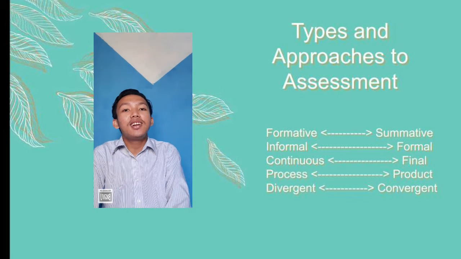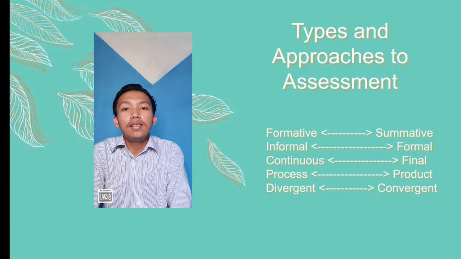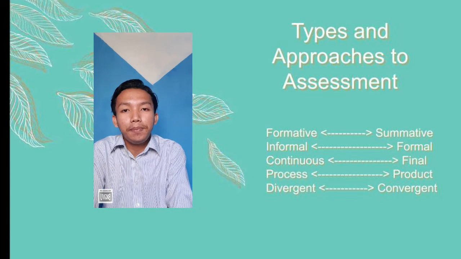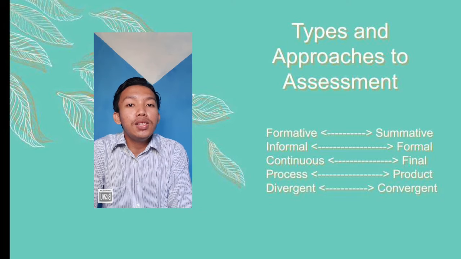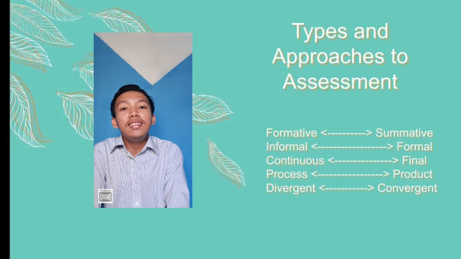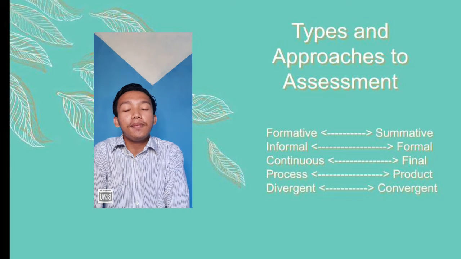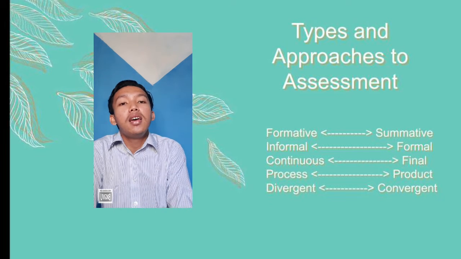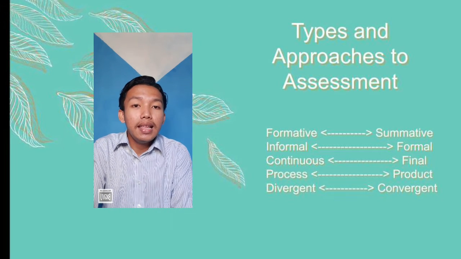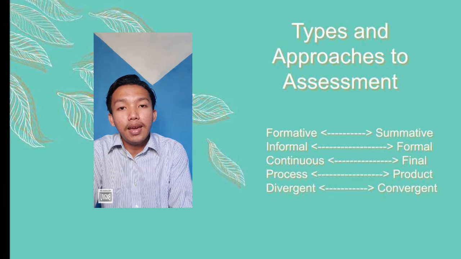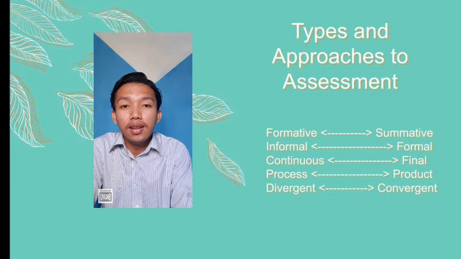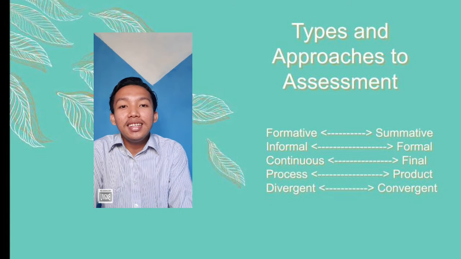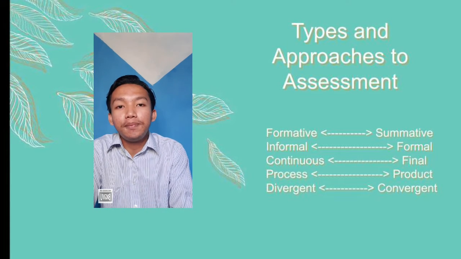And the last is divergent and convergent assessment. Divergent assessments are those for which a range of answers or solutions might be considered correct. Examples include essay tests and solutions to the typical types of indeterminate problems posed in PBL. Divergent assessments tend to be more authentic and most appropriate in evaluating higher cognitive skills. However, these types of assessment are often time-consuming to evaluate, and the resulting judgments often exhibit poor reliability. A convergent assessment has only one correct response per item.